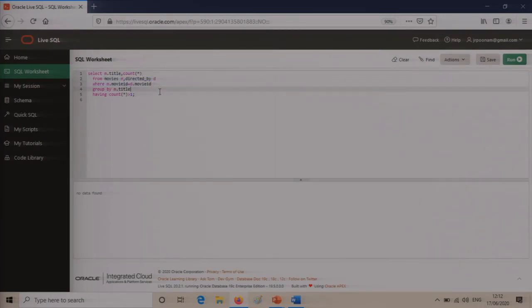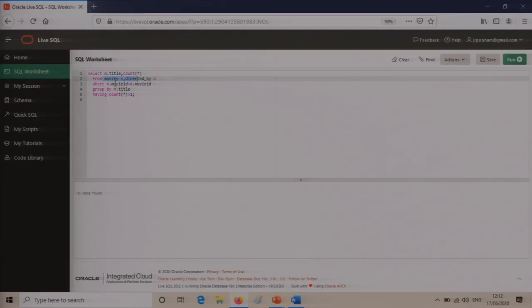What I have to check is, I just want to display the movie title and the count. Okay, so I have to display the movie title and the count of how many rows have been selected. Now the title is from the movies table, and directed by also has to be there because the director's details are in the directed by table.